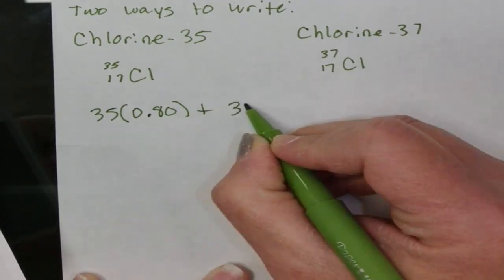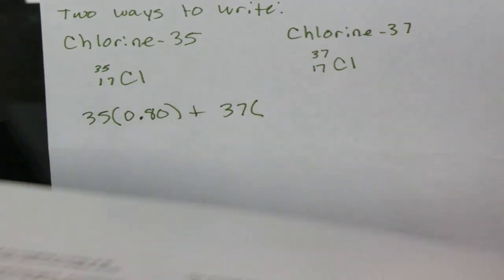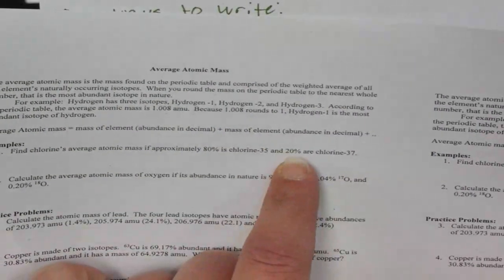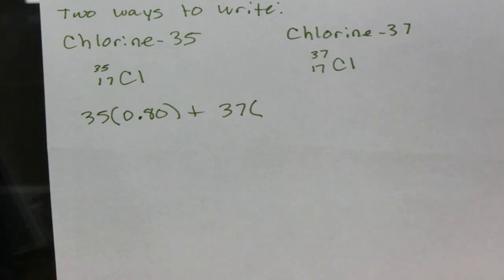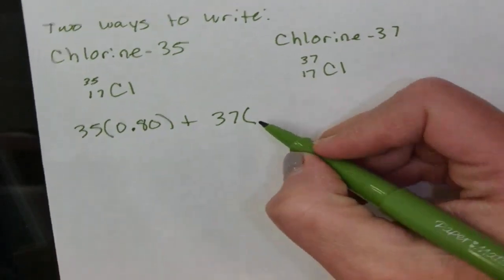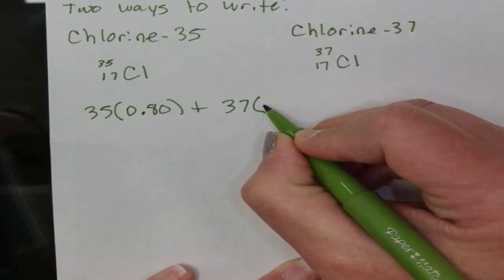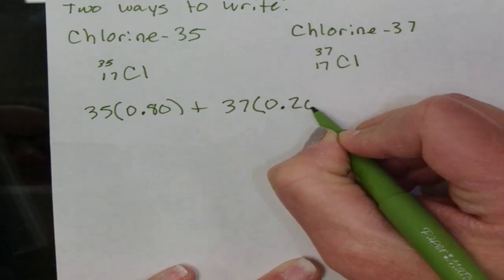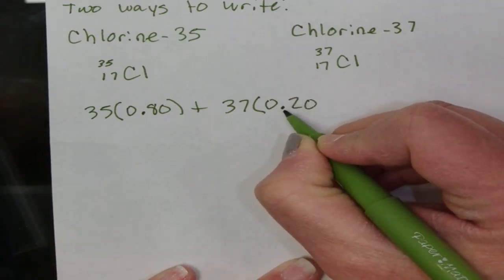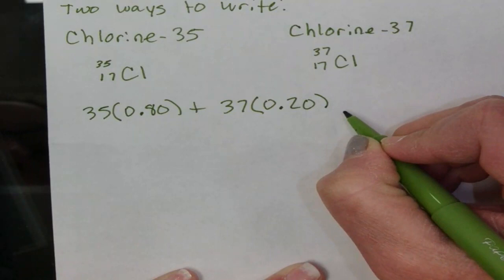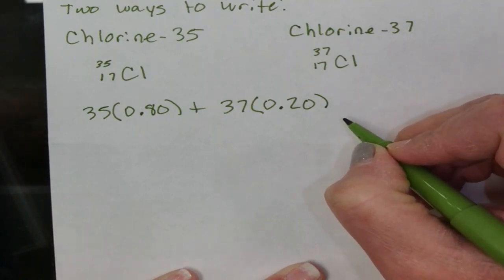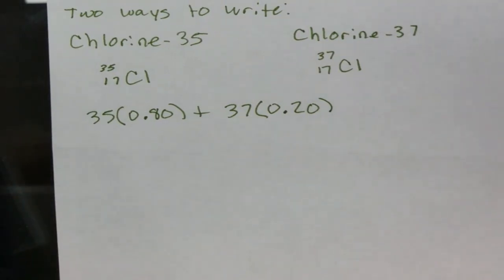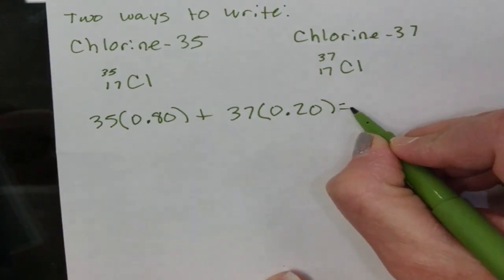And then I'm going to add chlorine 37. And my problem tells me that approximately 20% of the chlorine on planet Earth is a mass of 37. And again, 20% would be 0.2 because I moved my decimal place left 2 times. And when we solve for this and you plug this into your calculator, you get a value of 35.40